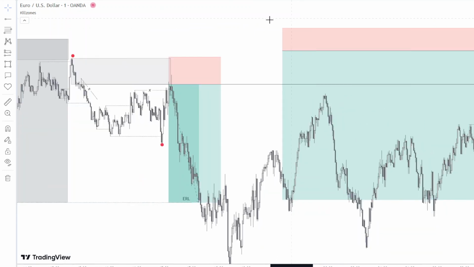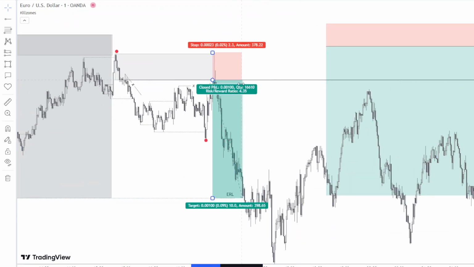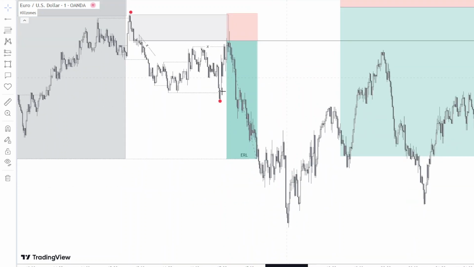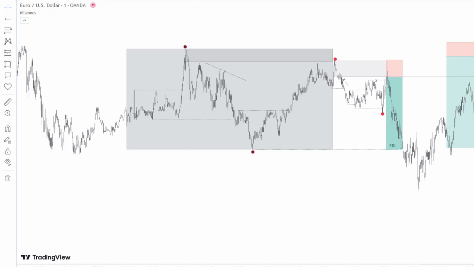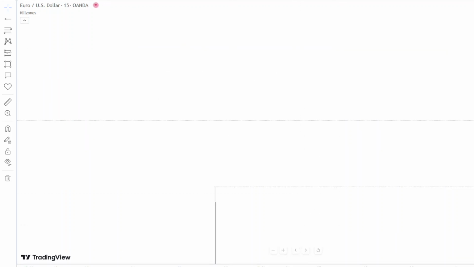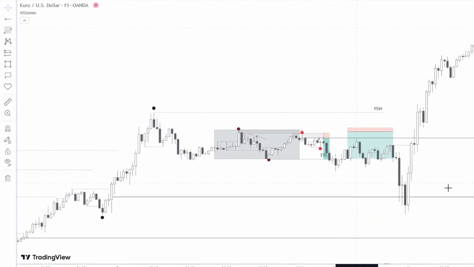All right, so I took the trade from there and exited right there. That was a beautiful Frankfurt open. Okay, so now because I'm bullish on my M15, all right, because I'm bullish on my M15 here,